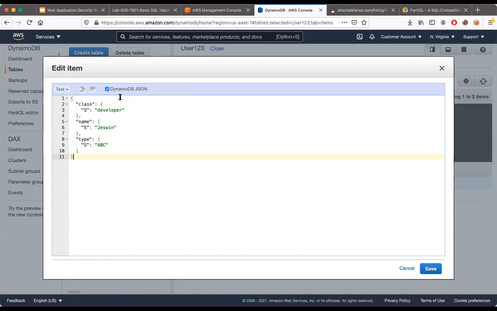So this is how the DynamoDB JSON looks, and this is how the normal JSON looks. For example, if I add one more value in here, such as roll number, and I mention it as 52 or 50. And if we take a look at DynamoDB JSON, here we can notice that N is there, right? So this is for integer, and then we have one for Boolean, and similarly there are other types as well. We have list, map, there are L, M, BOOL, all of those various kinds of